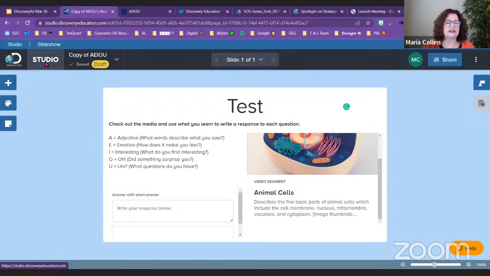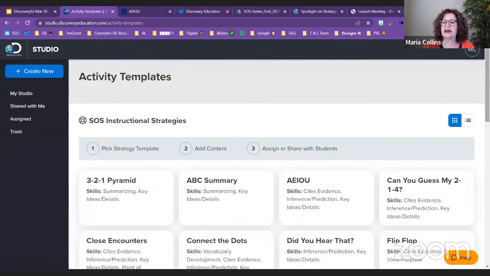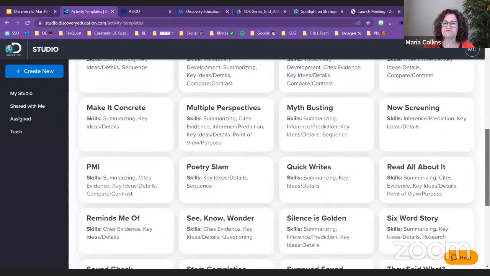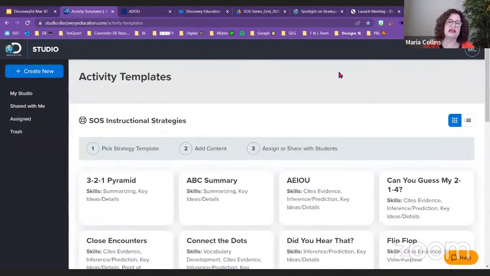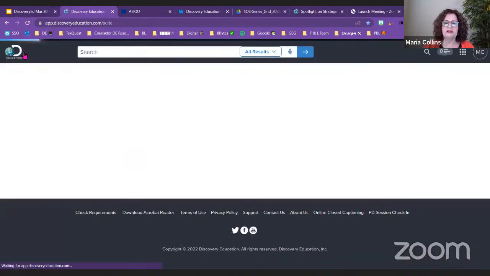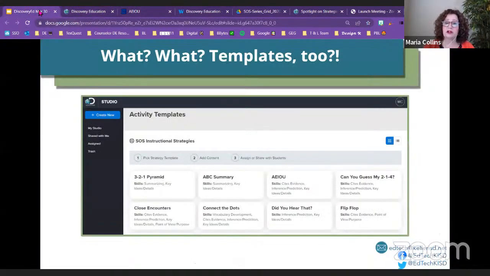And I'm going to go back and just show you how many different ones they have. So they have a lot that they've created for you, and they continue to add. But actually what they did is they said they looked at the data, and the ones that were the most popular are the ones that they started with. So I'm like, anything that makes a teacher's job easier is what I'm all about. And these templates definitely do that.